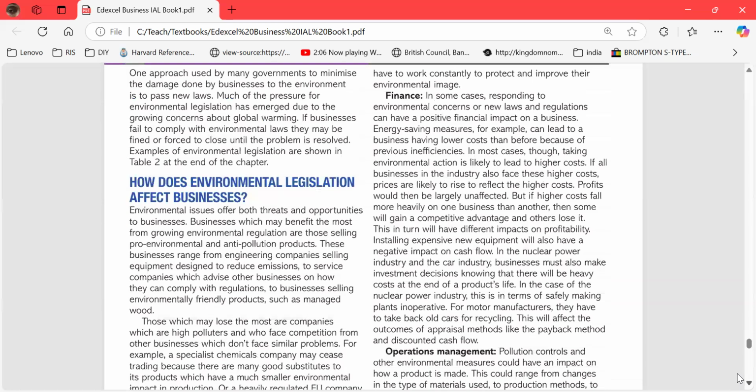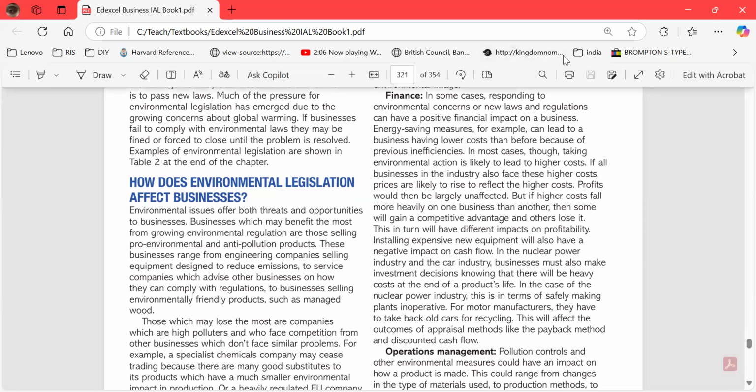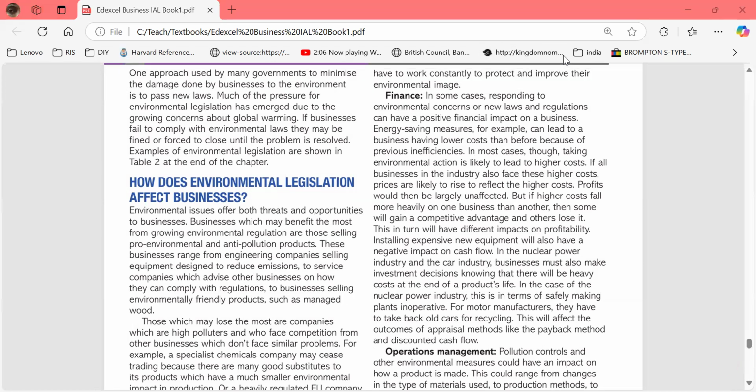Then finance is also an issue, as we mentioned, that environment-friendly production methods are expensive. So finance is a big issue. You need this extra amount of money to continue this production method. Then where will you get that money? So lots of funds are being created to support this. And if this fund is not managed, then business will be in trouble because it's a very expensive method we are talking about. Okay.